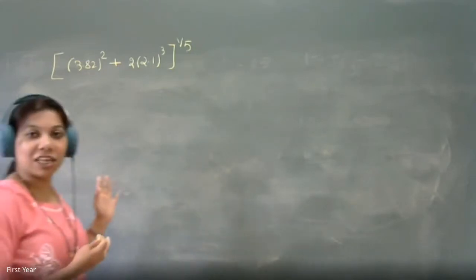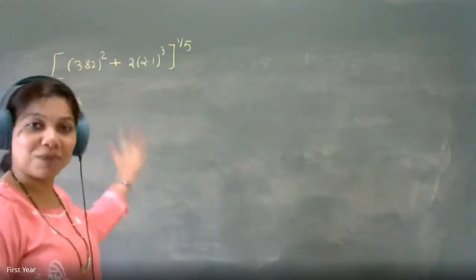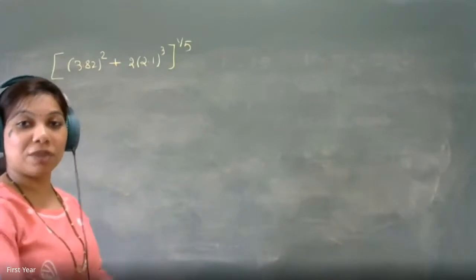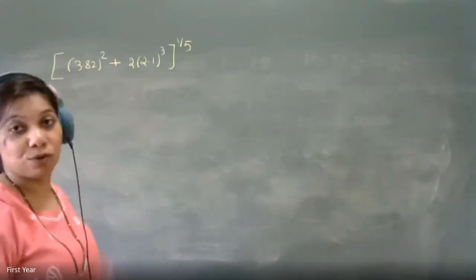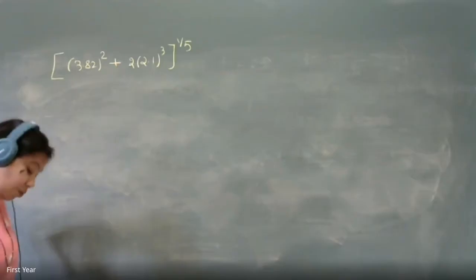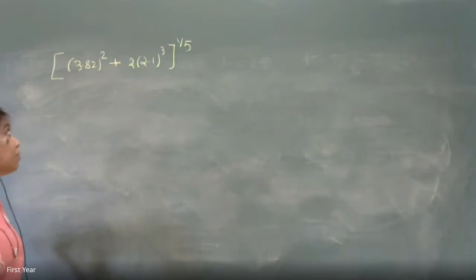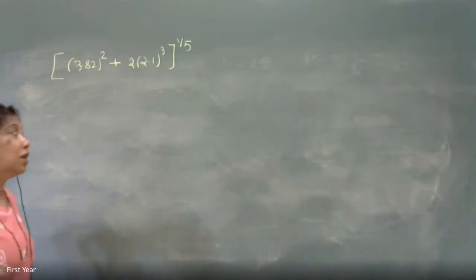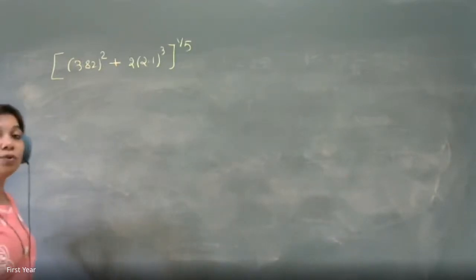With a calculator you can get the answer again, but when there was no calculator, this had to be done. Or your calculator behind the calculation is doing whatever you are going to do now. Tell me how you are going to do. We can write 2.1 as 2 plus 0.1. Yes. So what will be that change in that variable? 0.1, na? Yes. What about the first one, 3.82?